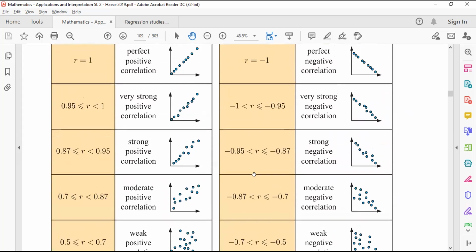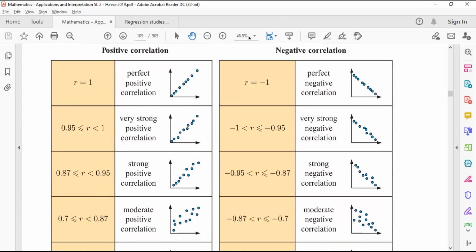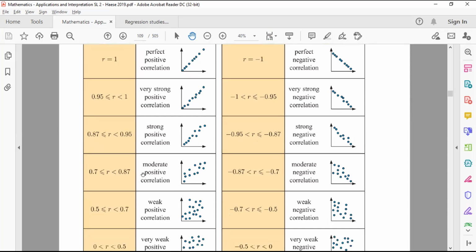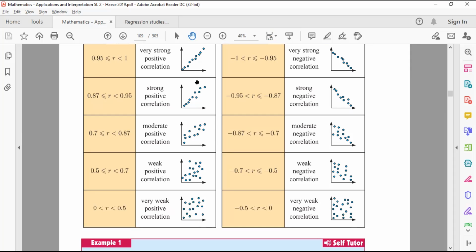If your answer R, that is the product correlation coefficient, or the Spearman correlation coefficient, that is called R. If R is 1, then you have a perfect positive correlation. That is a linear regression, so all points are in one line. If this is 0.9 and 1, a little bit off. You can check the graph and see what the changes in the graph are. When it is close to 0, then there is no correlation.